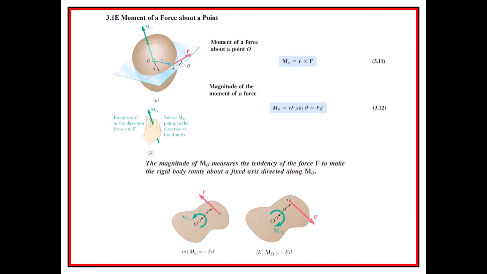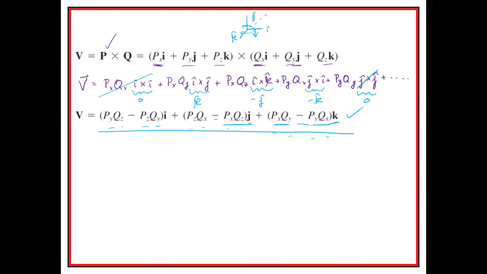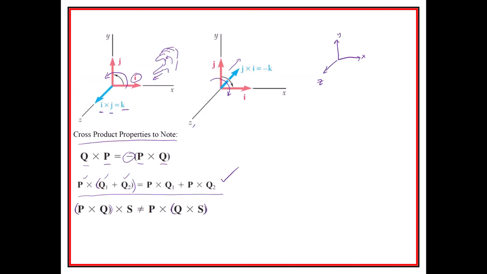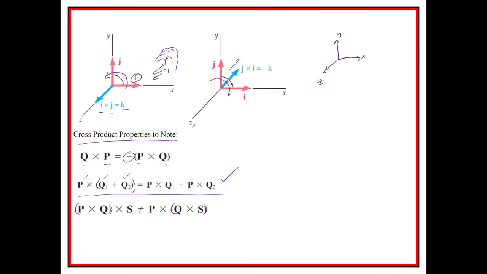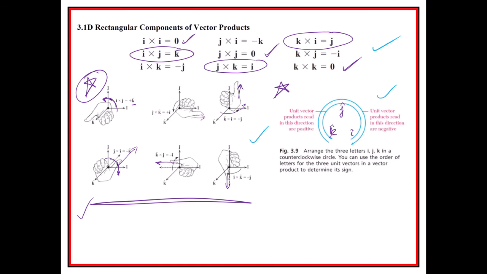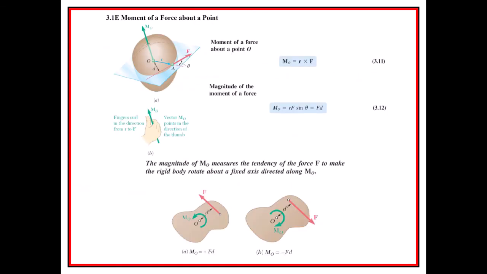Now we go on to section 3.1E. And I kind of thought maybe I should have done an example, but remember that these previous sections right up here were really just vector review. We could have actually skipped this if you could remember it, but who remembers anything from one semester to another? I know I never did. So now we go back and